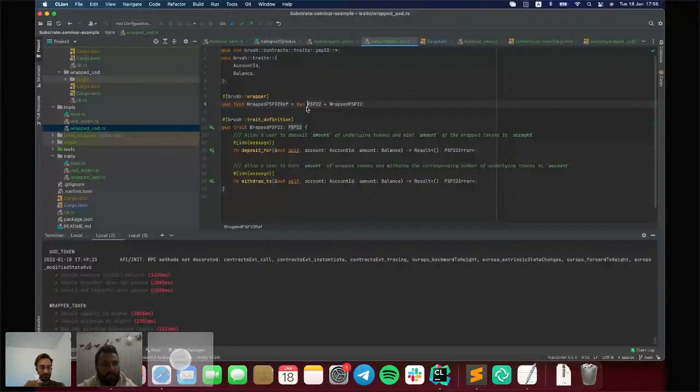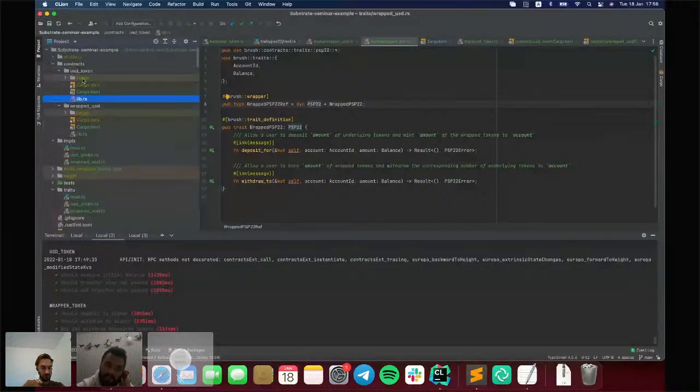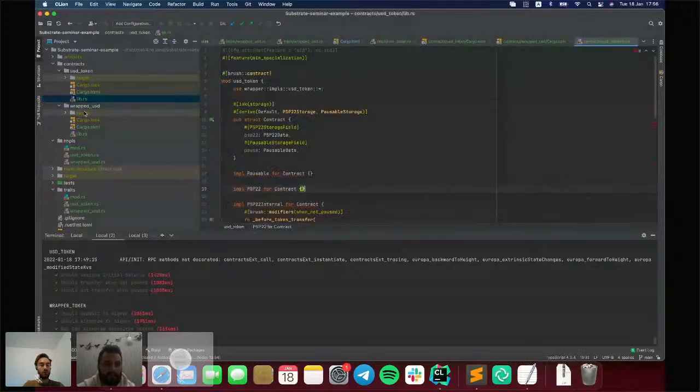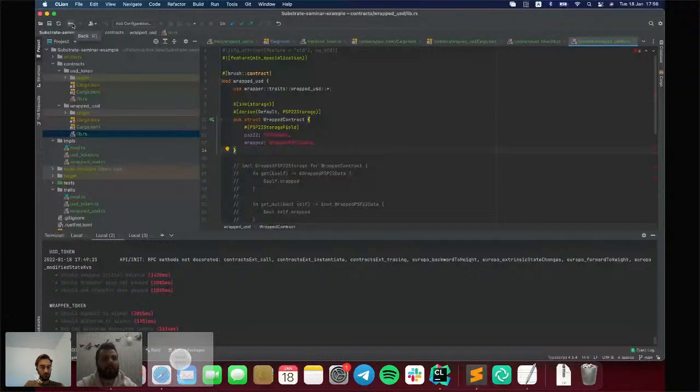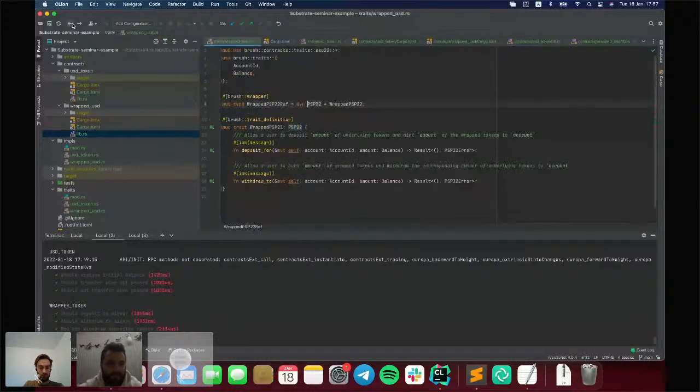And now it is enough for the user to only import that crate with the traits. So that contract doesn't get a direct dependency on your contract, because for other developers the trait definition will be enough to interact with your contracts.